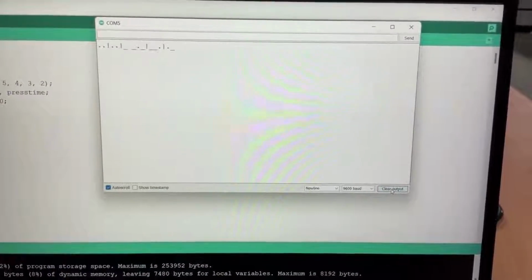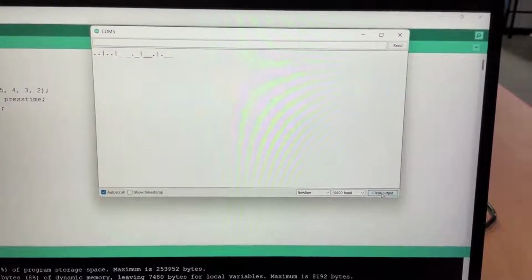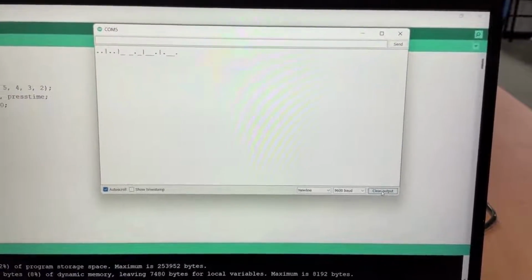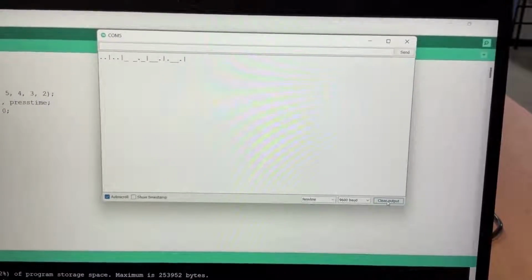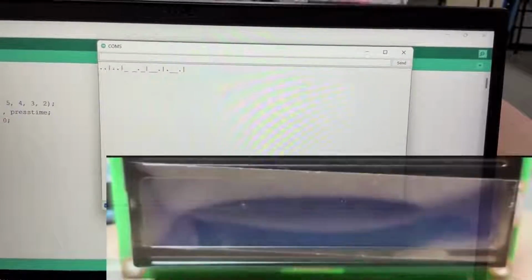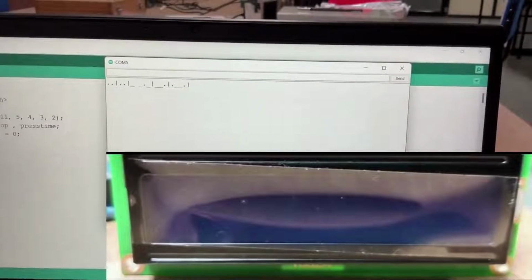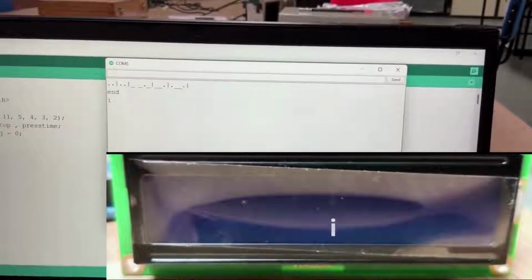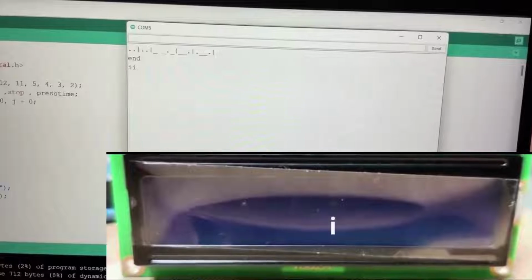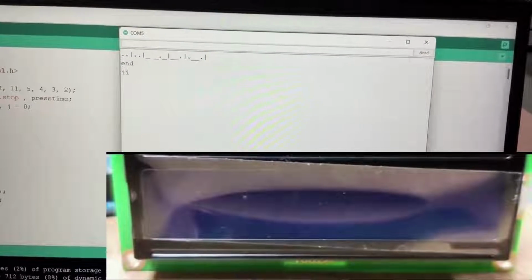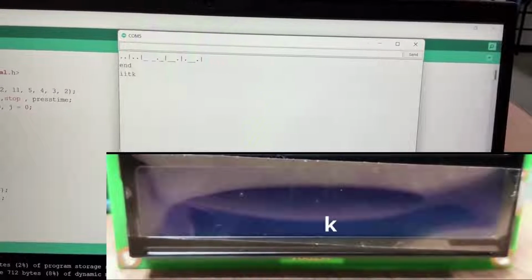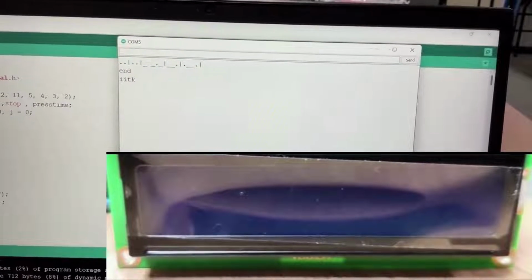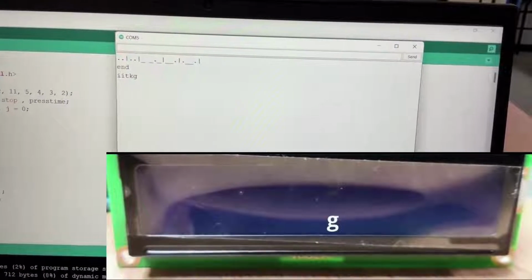Due to the low brightness of the LCD panel, the output characters that we are going to show were not visible clearly. That is why we printed out the characters that were appearing on the panel. As you can see, one by one, all the characters are being printed out on the panel as well as